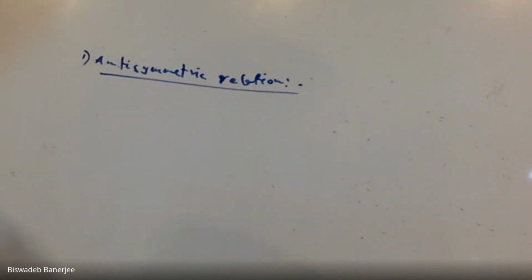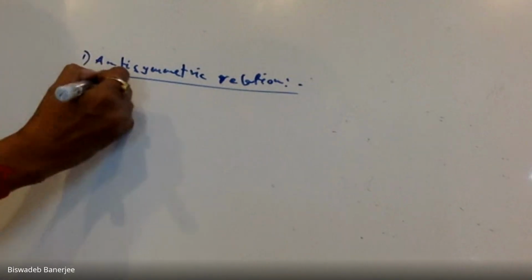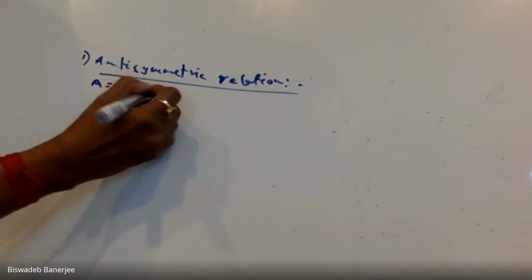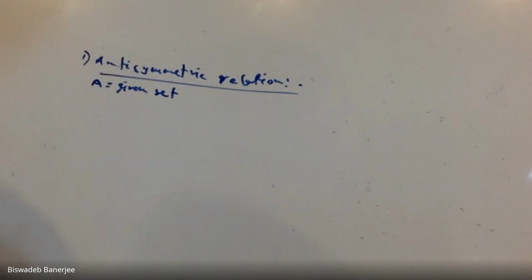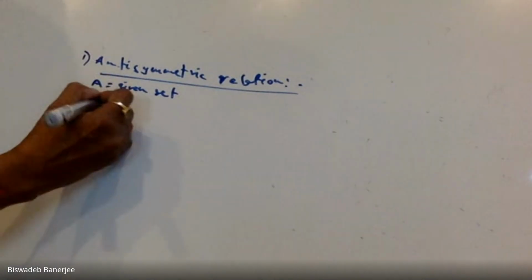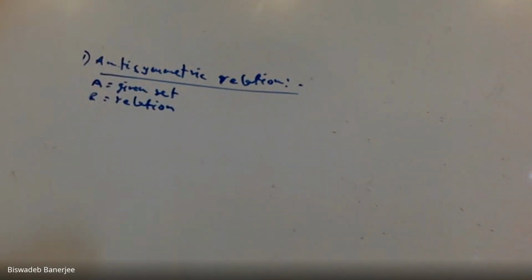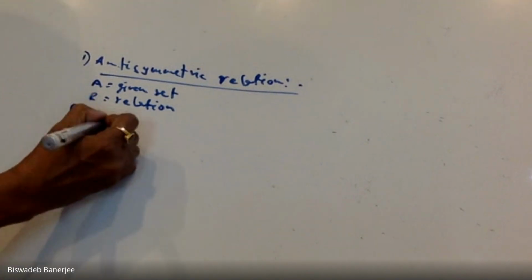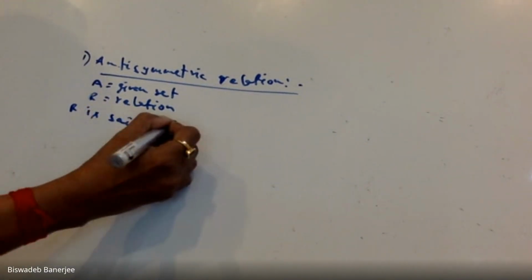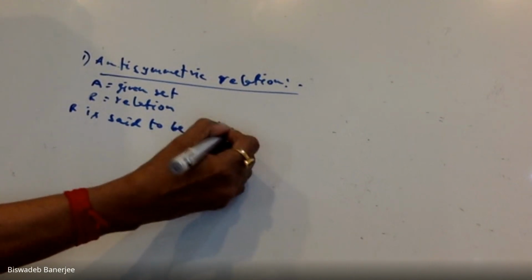What is the meaning of anti-symmetric relation? Suppose capital A is a given set. The given set may be the set of all integers, the set of all natural numbers, whatever, this is a set. And suppose R is a relation. We know a relation is a subset of a Cartesian product. R is a relation and capital A is a given set. Now, in that case, R is said to be anti-symmetric